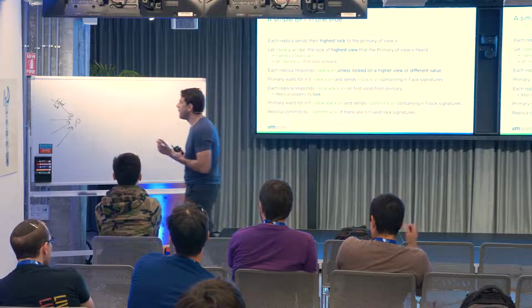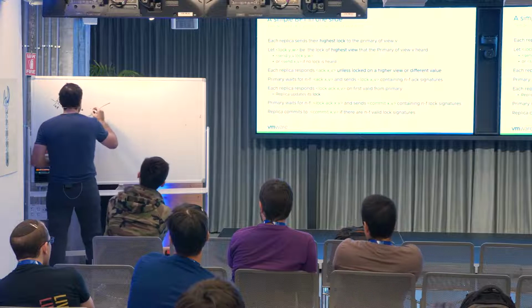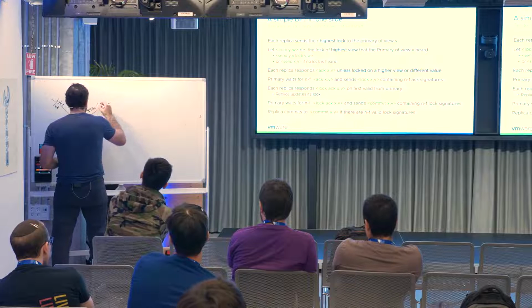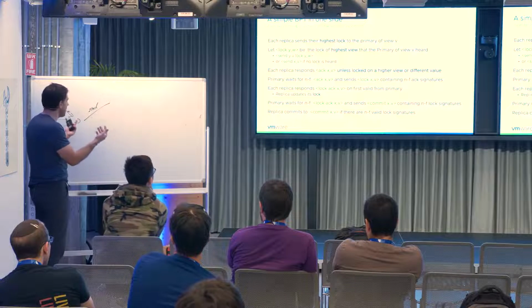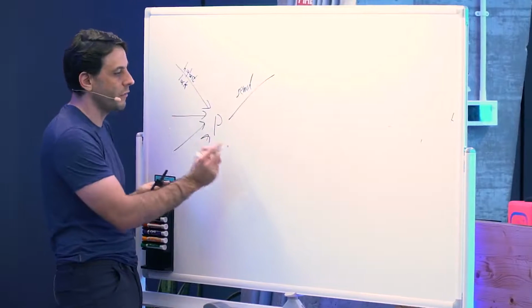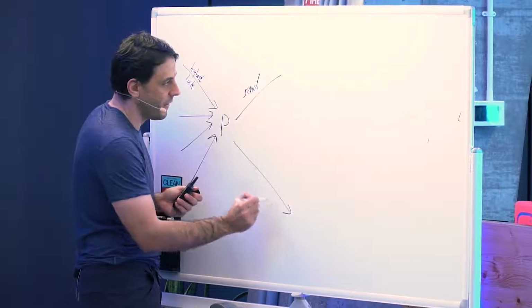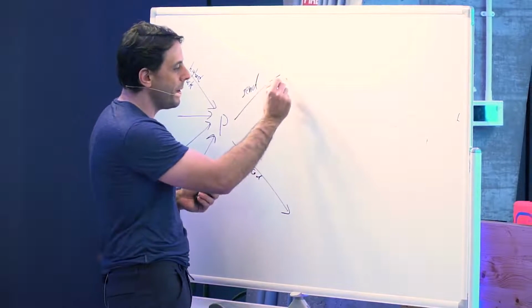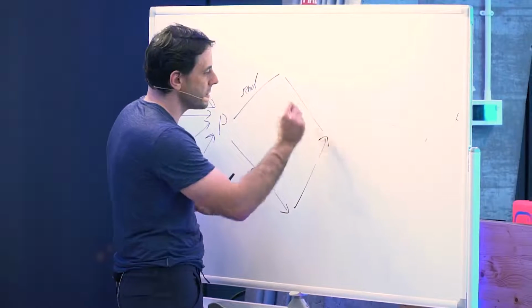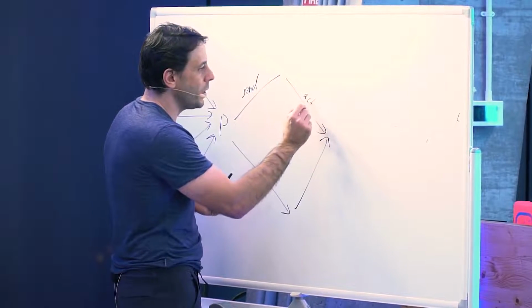So this is the phase that we've already seen, the send phase. The only difference, as you can see, is that you're either sending something without a previous lock or sending something with a lock, which is the highest lock that you've seen. So this is the send phase. And the same thing happens after the send. A replica sends back an acknowledgement. But now, the important thing is that,